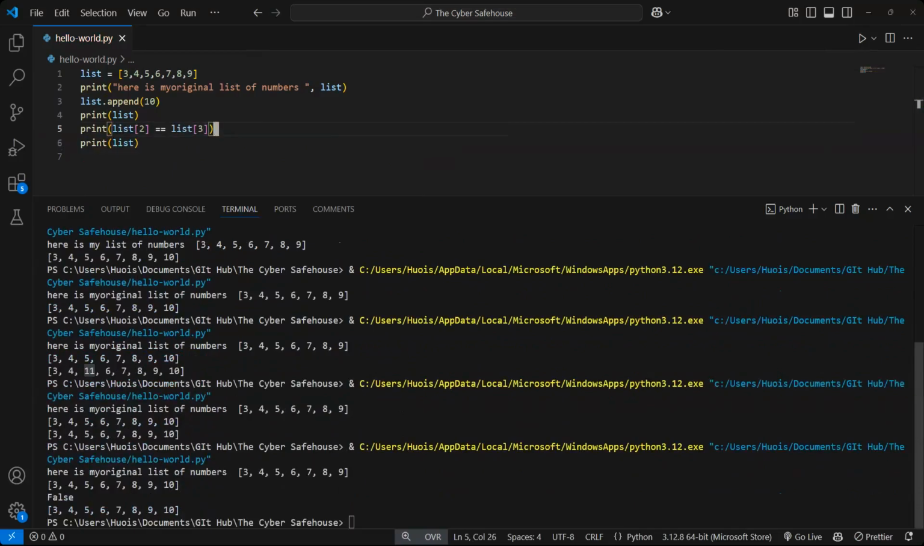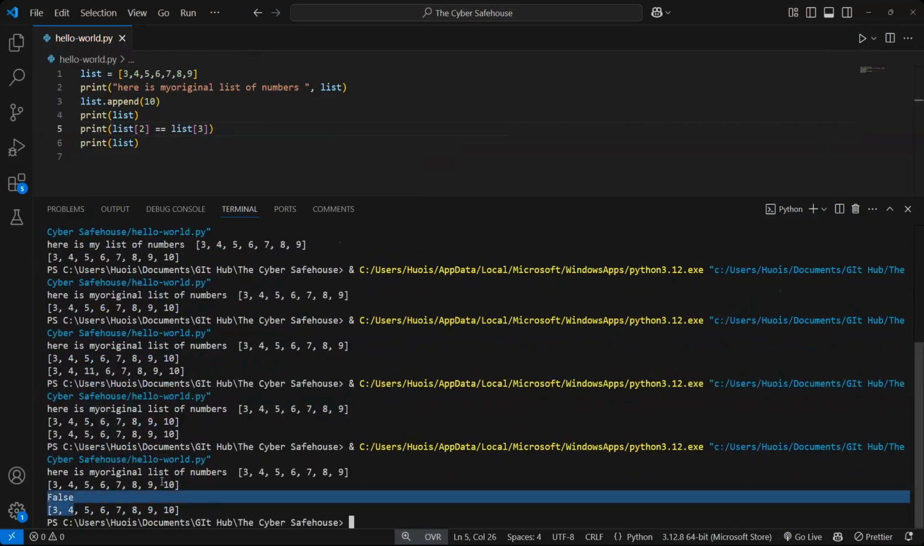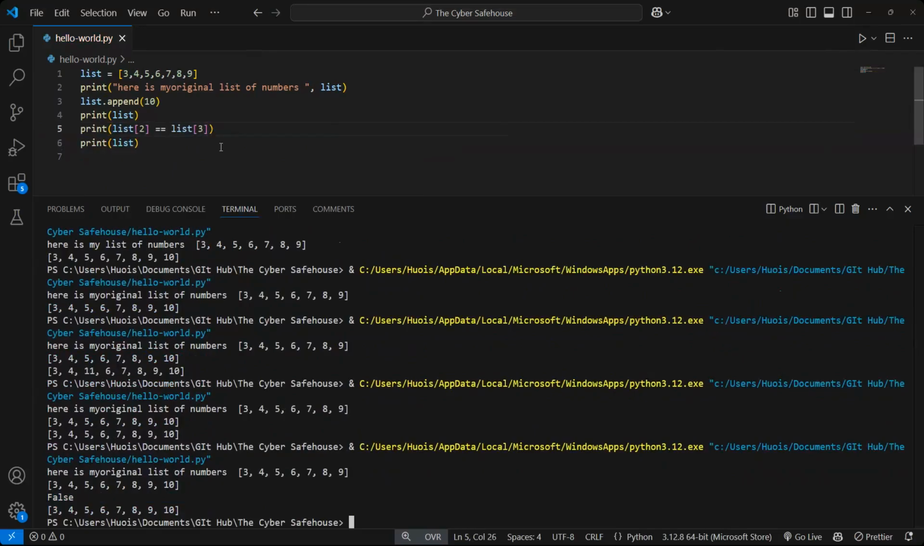So you can see we have what? False. So you can use conditions within your list. All right, and here's an example of accessing the list